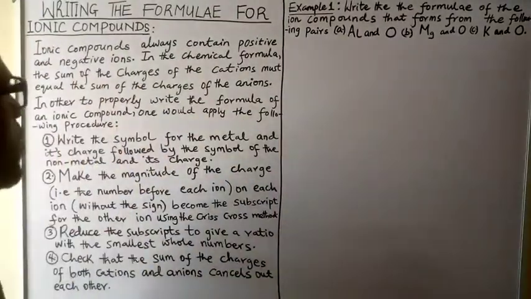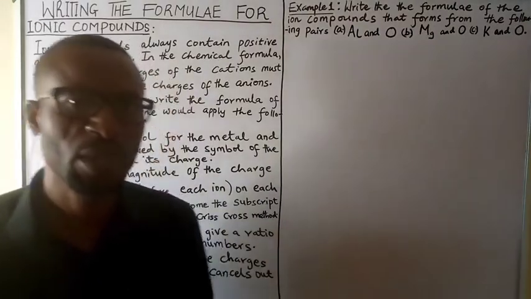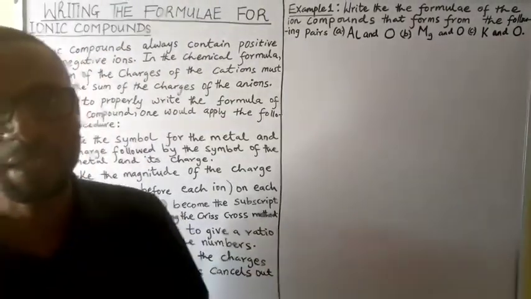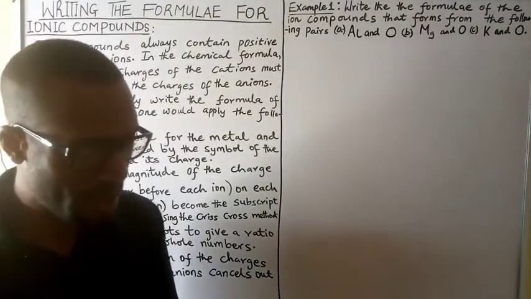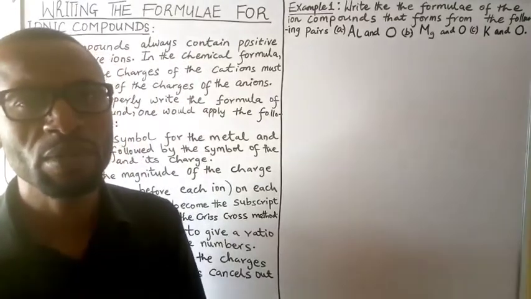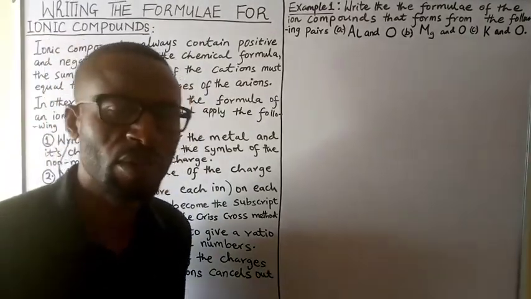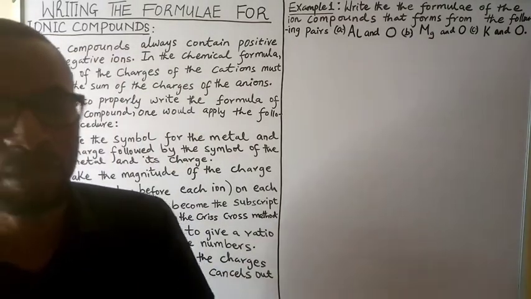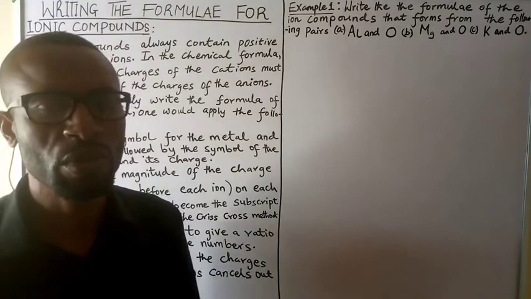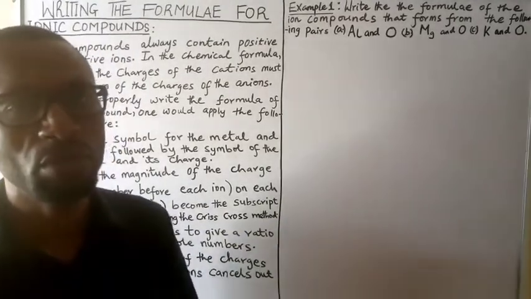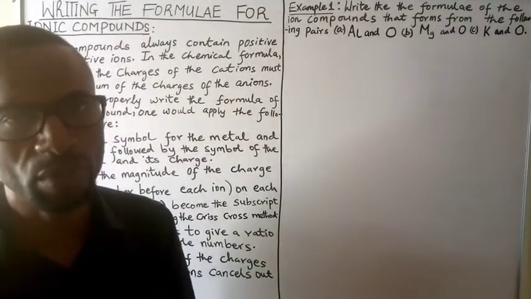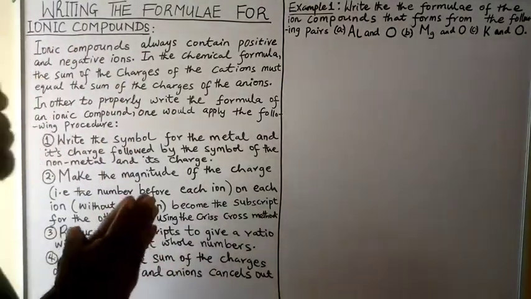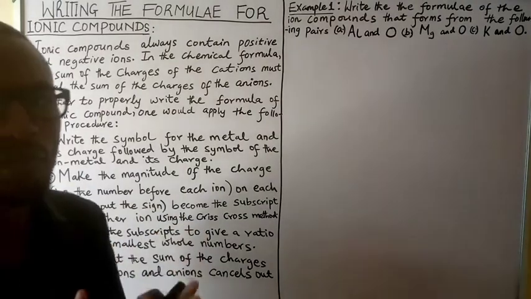So when we talk of ionic compounds, we are talking about those compounds that are made from ionic or electrovalent bonding. Remember, the ionic compounds contain positive ions, or what we call cations, and negative ions, what we know as anions, which are held in place by strong electrostatic attraction, known as ionic bond. But for this lecture, we're going to focus on writing the chemical formula of some of these compounds.